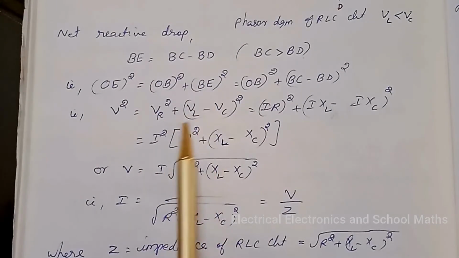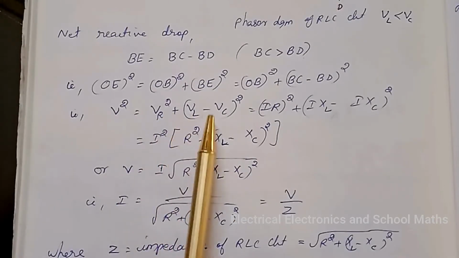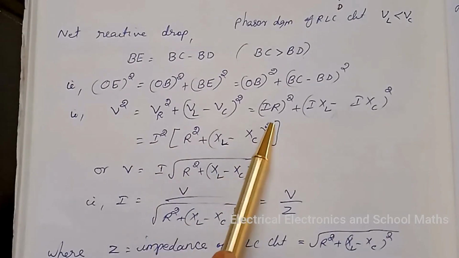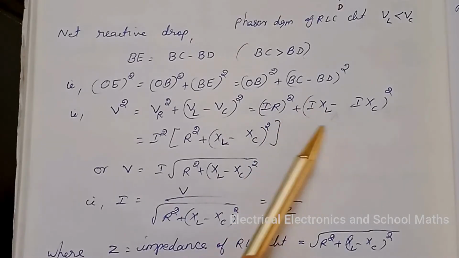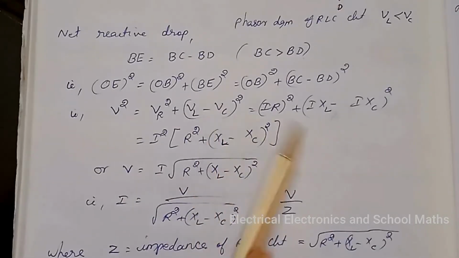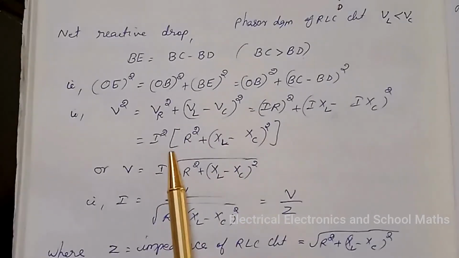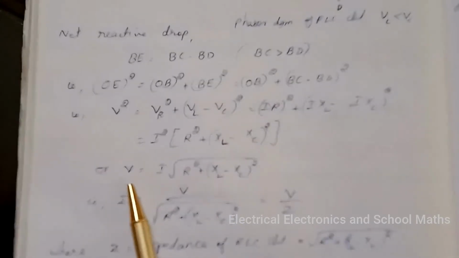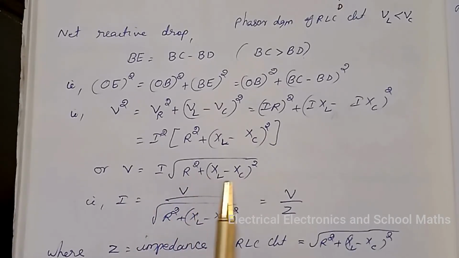BE square, or we can write V square equal to VR square plus VL minus VC the whole square, that is I into R the whole square plus IXL minus IXC the whole square. VR is IR, VL is IXL and VC is IXC. Taking I square outside, we get I square into R square plus XL minus XC the whole square. Or we can write V equal to I into square root of R square plus XL minus XC the whole